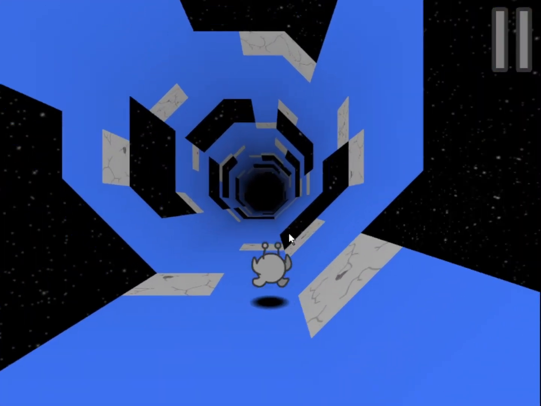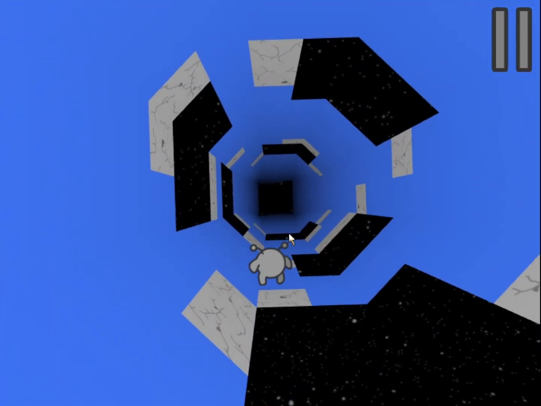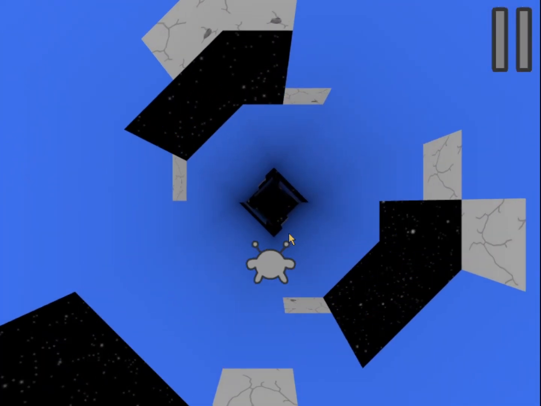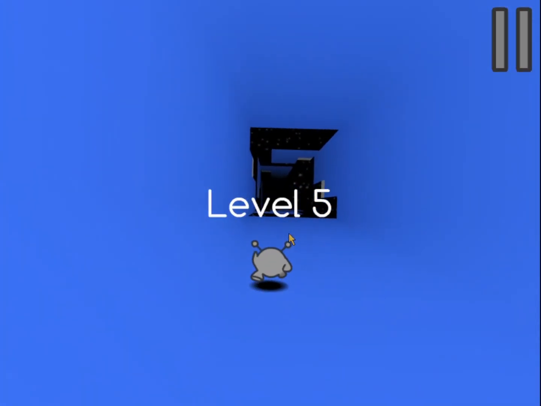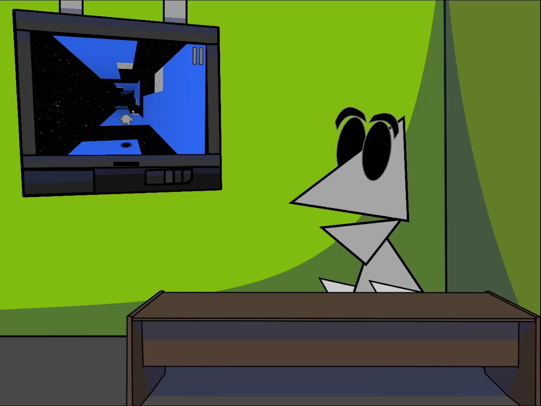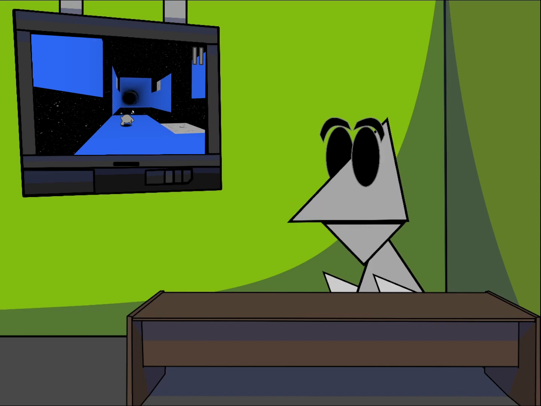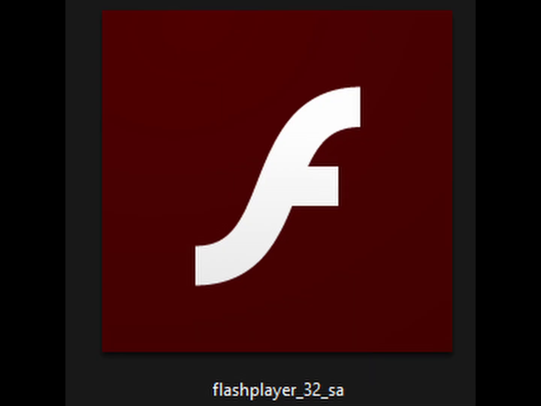This version, however, is the HTML5 version created by player_03 himself, but it's not up to par with the Flash version that I'll be playing in this video. It's more out of date than the Flash version. For some weird reason, Cool Math lists the Flash version, but it's not available, and the date on it is wrong. Whatever. I'm not using either method because I'm going to be using the Flash player method that I talked